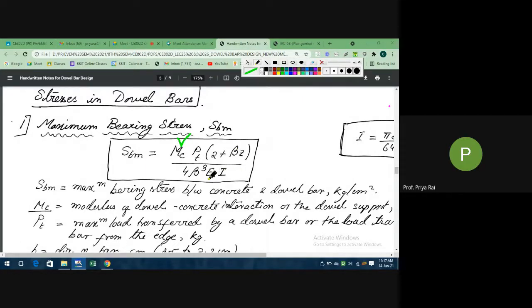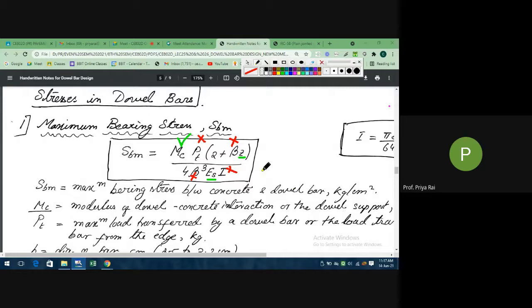E is also given, right? Yes ma'am. And Z is also given. Okay. So see, we cannot use this formula in the first step. Why? This is not given. PT we don't know, we have to calculate. Beta we don't know. Okay. And I also we don't know. We know only these three things. Okay. This is also beta, again don't know.